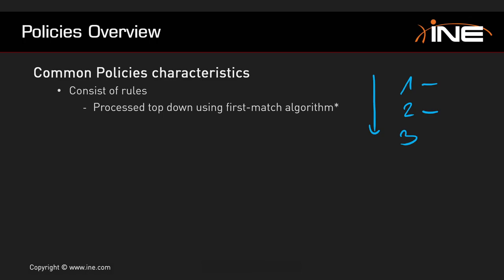I can have a match. If I have a match, all is good. I'll take an action associated with the rule. Or if I don't have a match here, in most cases, there is also going to be a so-called default action, which is what is going to act as a catch-all for all packets that didn't match any of the specific rules. Now, the reason that I put a star over here is that there is going to be one exception to this rule